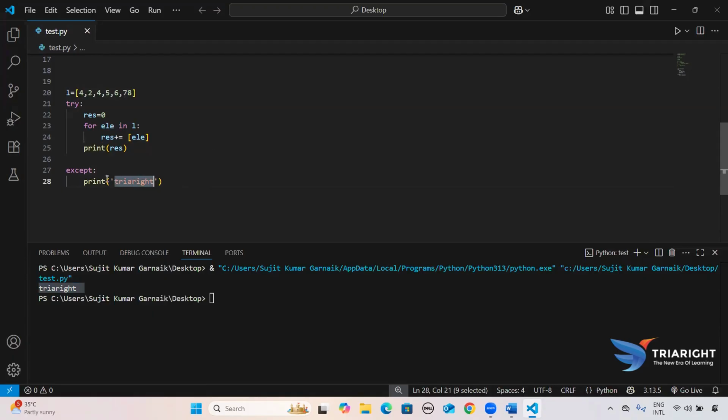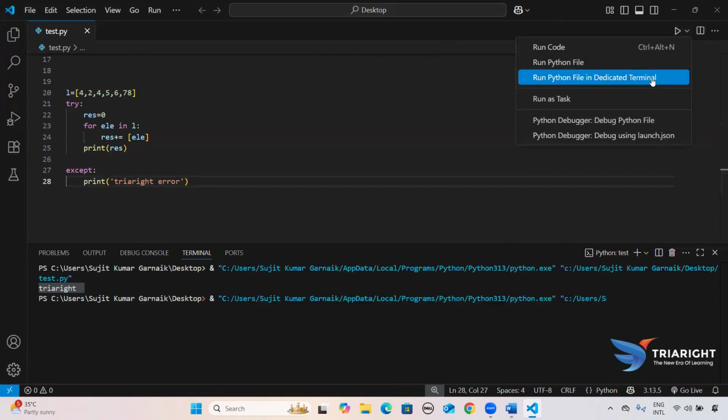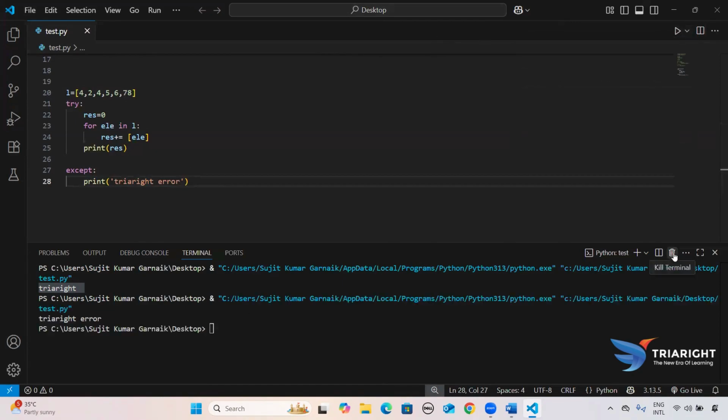Okay. Now here I'm trying to create my own error, means I need to print my own error. So guys, just see, here I'm writing "try write error", and now it will display me that "try write error". But if you don't want to specify your own error, but you want to get the exception error that is stored in our Python,